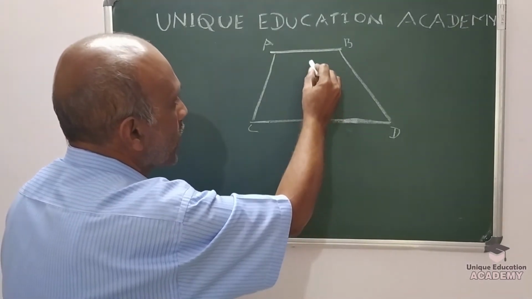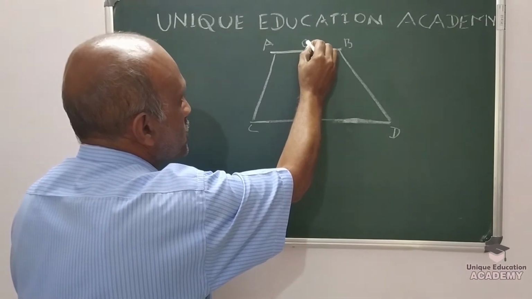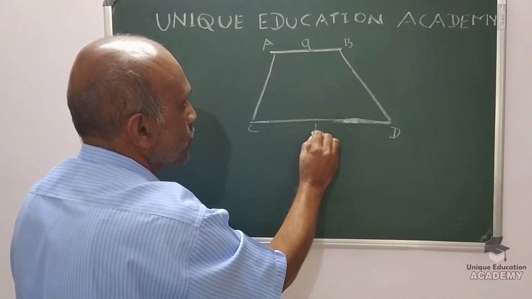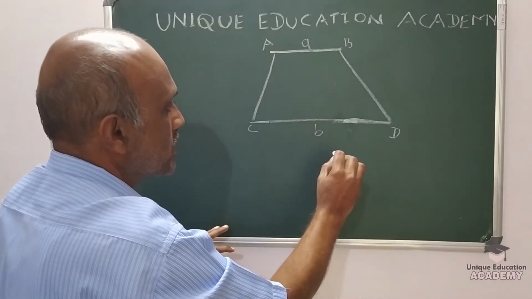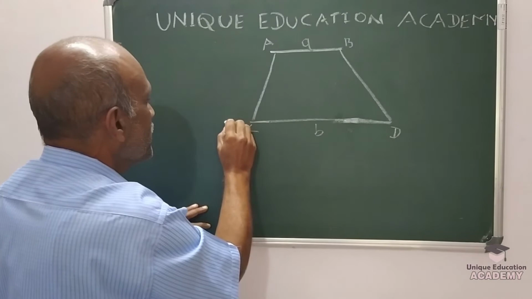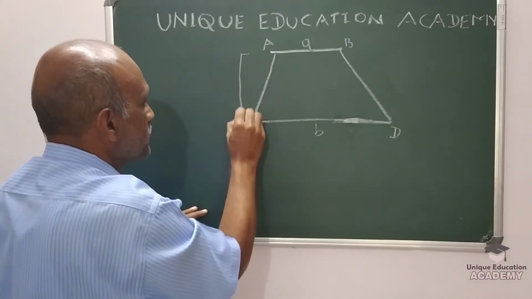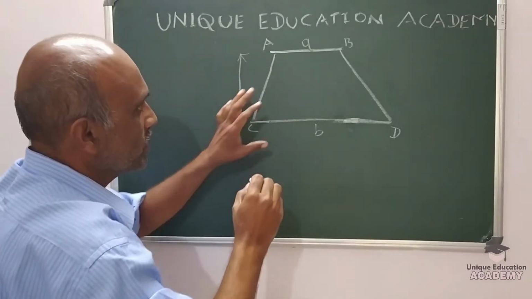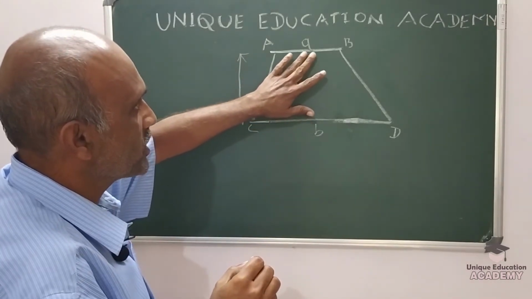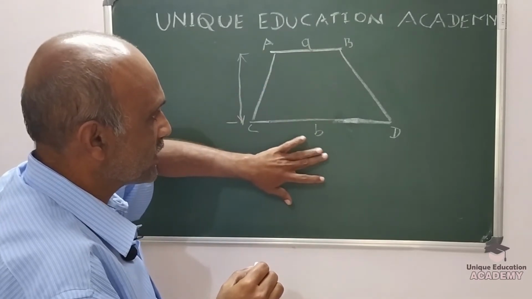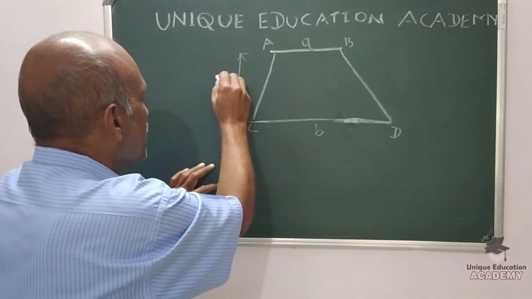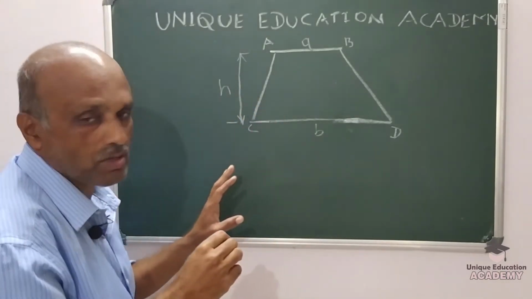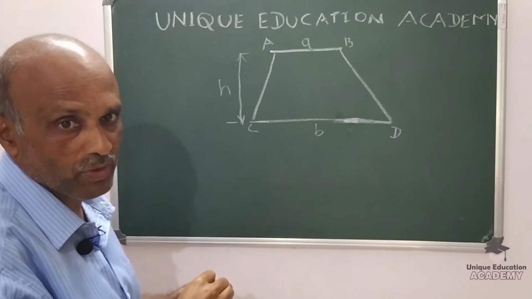So I am going to call one side small a, another side b, the two opposite parallel sides, and the height of the trapezium h. So in this trapezium we know one side as a, another side as b, and the height of the trapezium is h. When all these parameters are given to you, and you are asked to find the area of the trapezium,